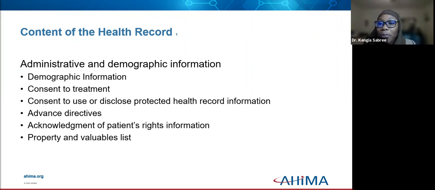So the demographic information includes some basic facts about the patient: their name, their address, their telephone number, their date of birth, next of kin, and other identifiable information specific to that patient. A unique identifier is assigned to each health record, which is often called the medical record number. That's what facilities use as a unique identifier to ensure that all of the information about the patient is entered in the correct record and that the correct record is accessed when a query is entered into the